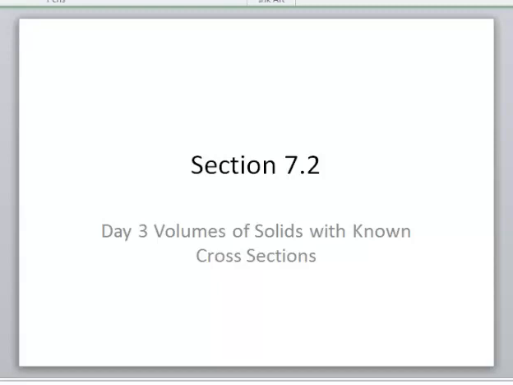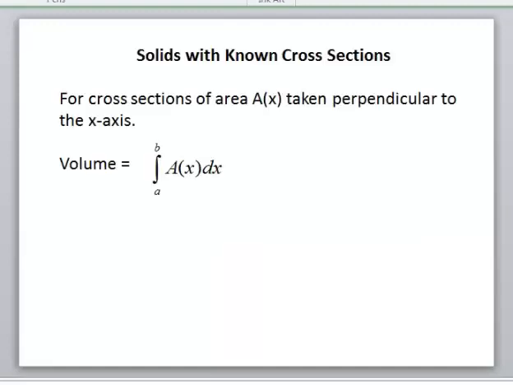Okay, today we're going to use another method, and we're finding the volume of solids with known cross sections. So sometimes we can create a cross section, and then we can actually find the volume based upon that work. Well, here is a little integral that you should be using for cross sections of area taken perpendicular to the x-axis. So that's important, perpendicular to the x-axis. We would use the integral from a to b of the area of that shape, whatever that cross section is,